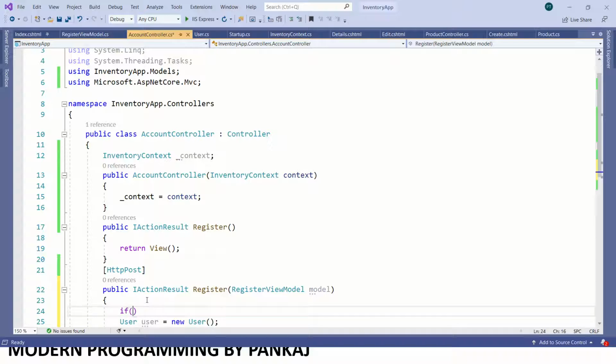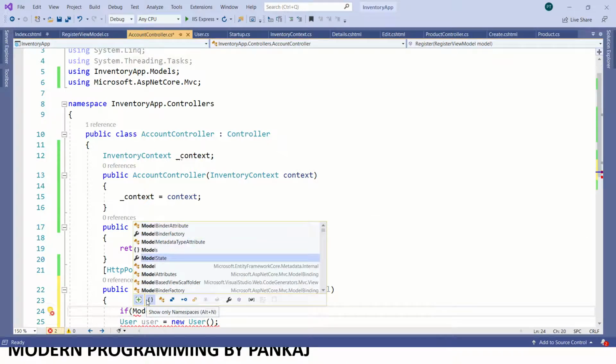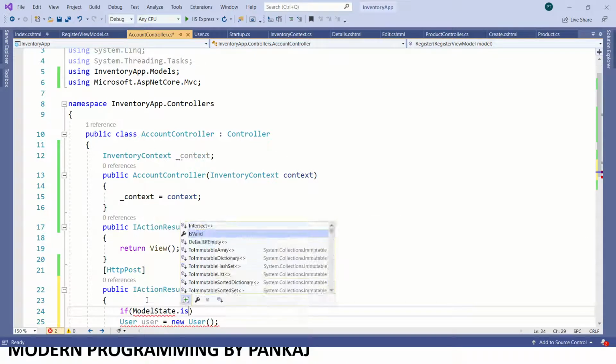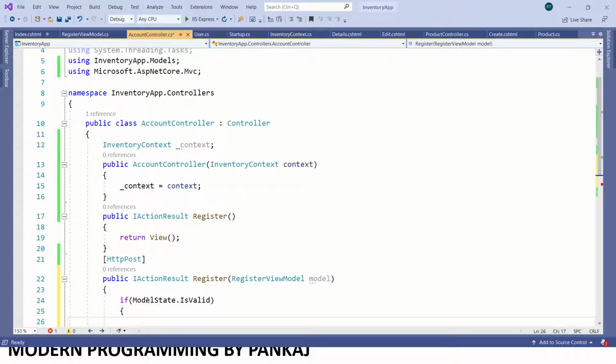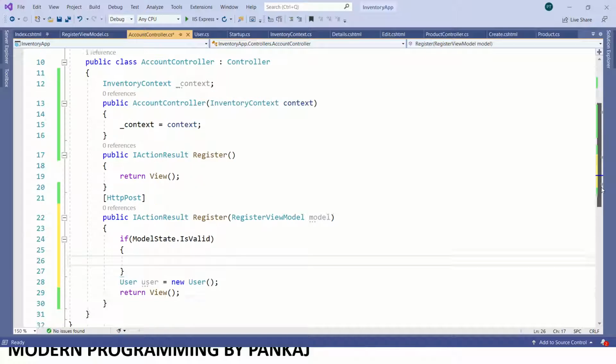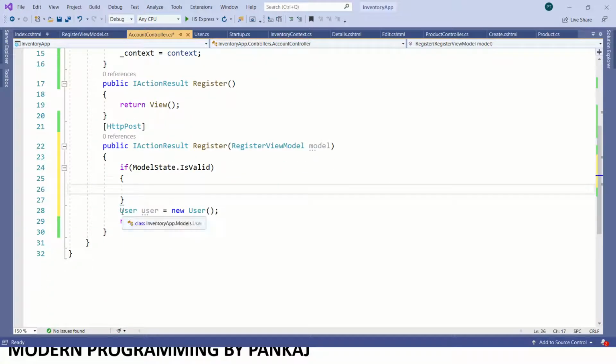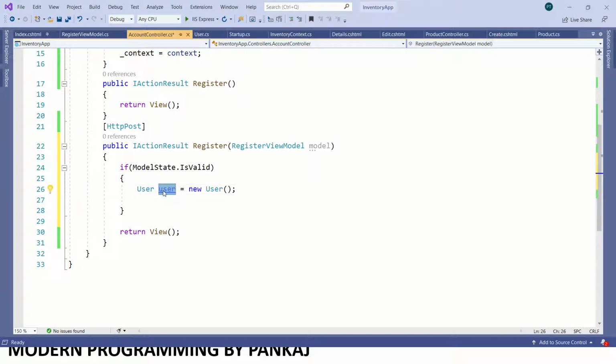I will check it by using the ModelState property IsValid. If it's valid, then only we need to add the records in our user table. So then only we'll create the object.